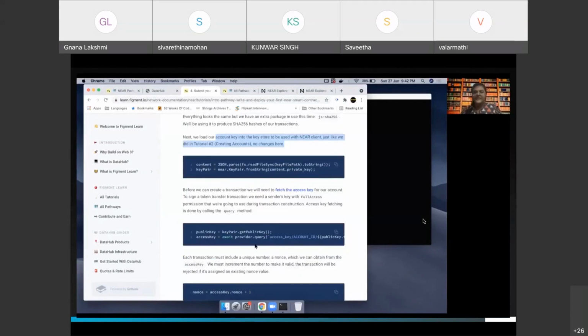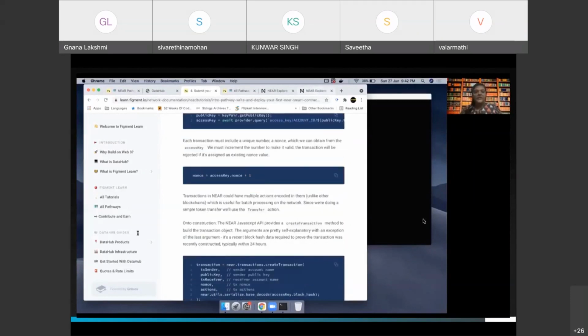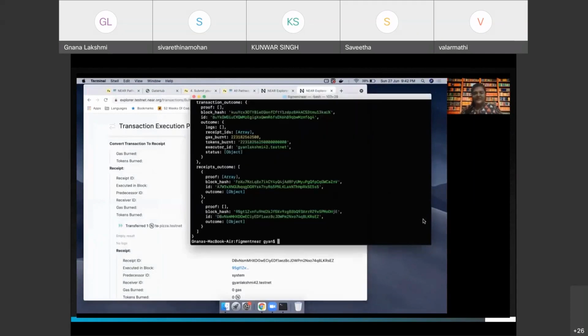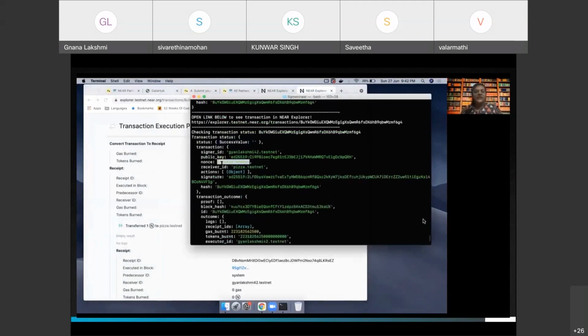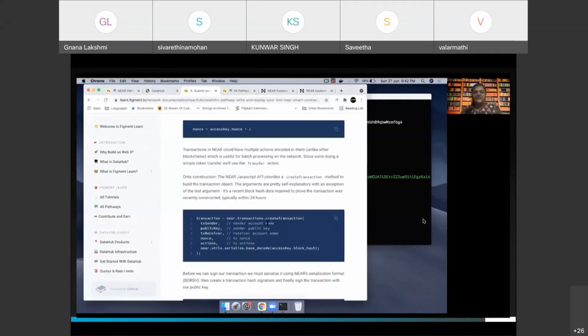We sign the transfer. Each transaction creates its own nonce. Here there is a nonce, but it is created by itself, right? So sometimes some transactions are still processing, and at that time the nonce number is not coming across correctly. So here they are creating their own nonce, and you can see that the whole transaction along with the parameters is being created in the advanced transaction. That is the sender account, their public key, the receiver, the nonce, all of these things are being sent.